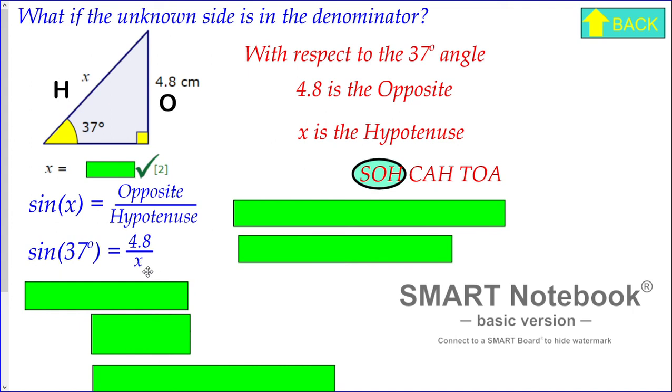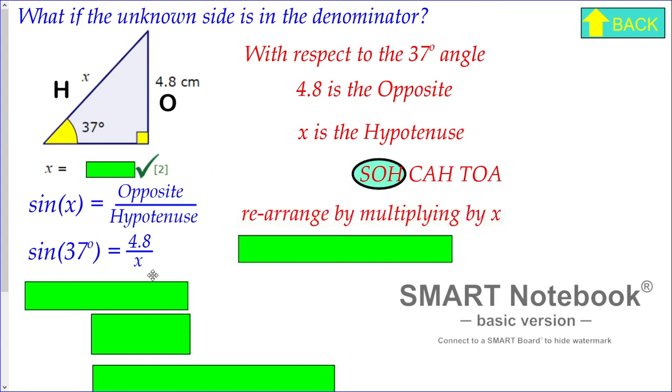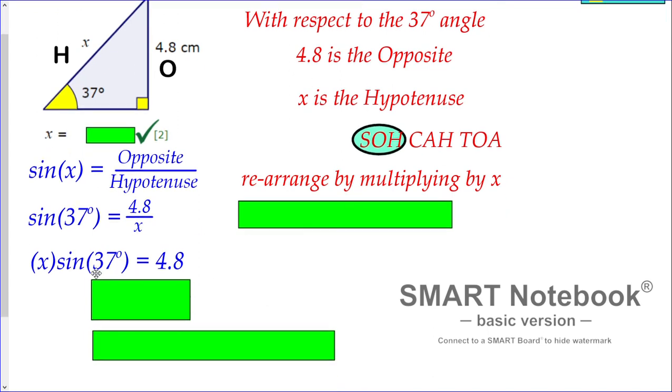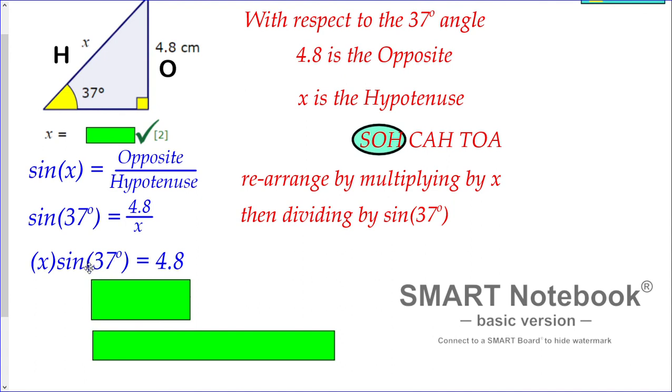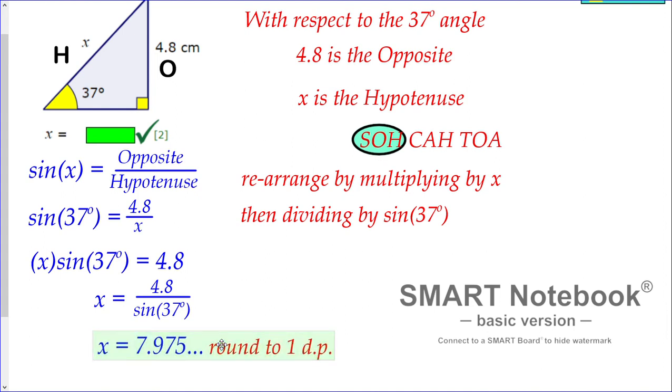Now our denominator is the unknown, so there's two steps to rearrange. First, multiply through by x. That will cancel the x on this side. So you have x times sine 37 equals 4.8. And lastly, this is a number, so you can divide by that number, divide by sine 37, and this is the result. So if the unknown side's in the denominator, we divide by the sine function. 4.8 divided by sine 37 equals 7.975. Round to one decimal place, and you get